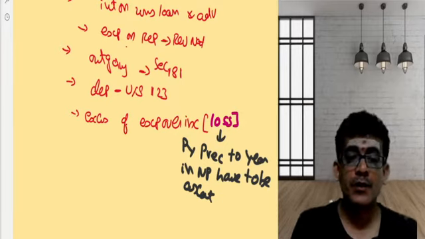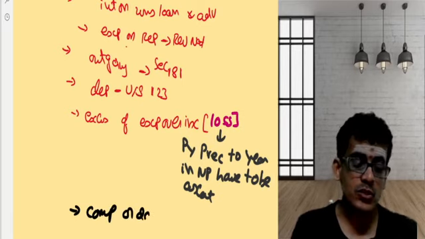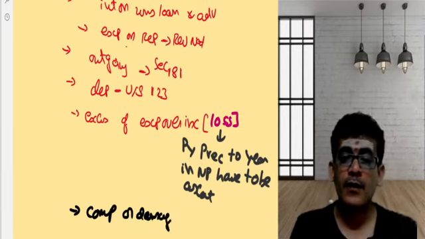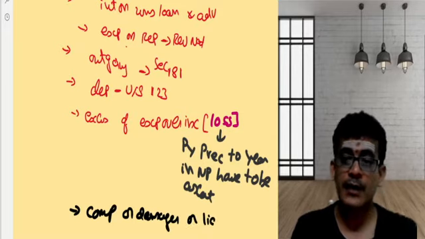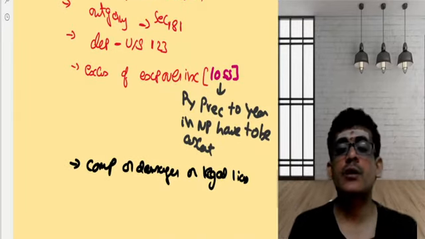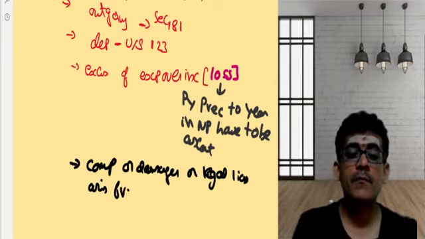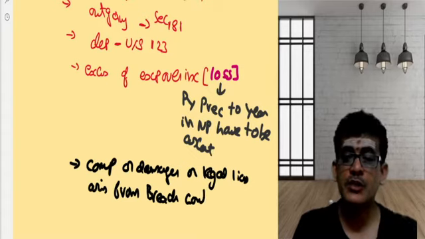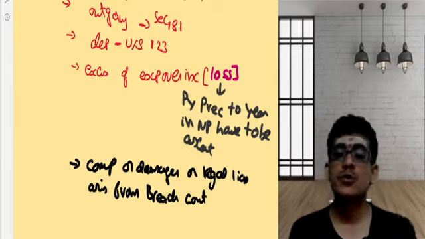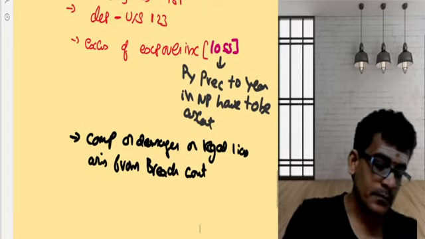And it also says any sort of compensation or damages or legal liability arising from breach of contract. You have done some sort of breach. For that breach you have paid some sort of compensation. That compensation could be considered. Then